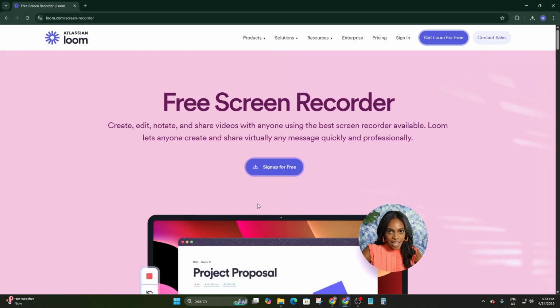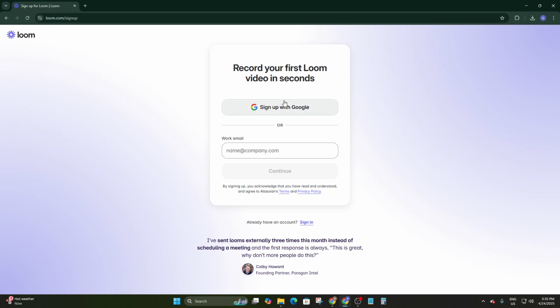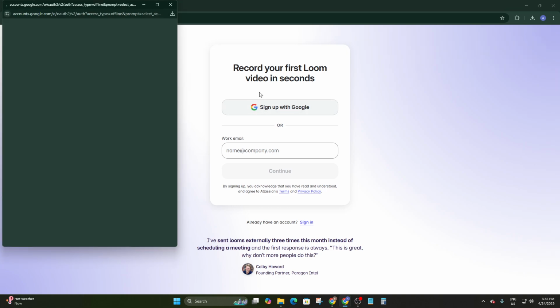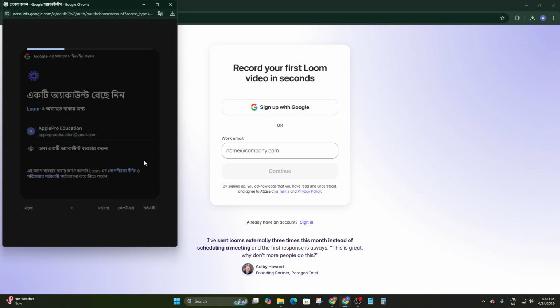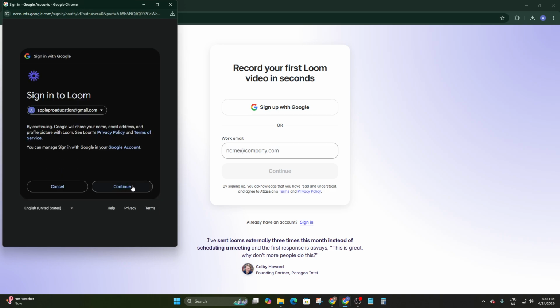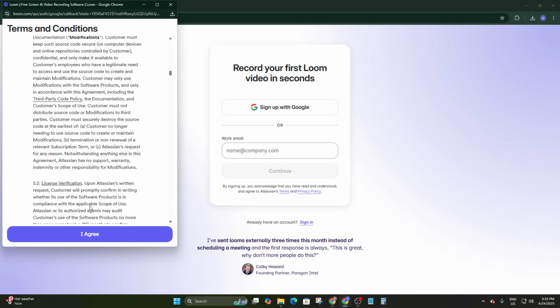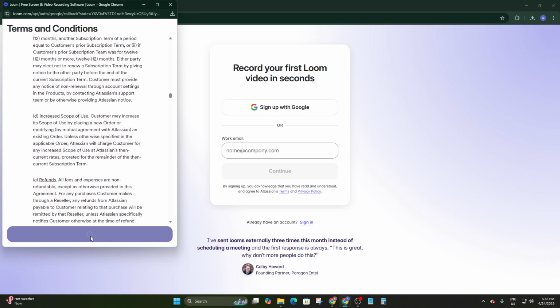So from here, first you have to sign up for a Loom account. Here you should click on Loom, or you can simply click on get Loom for free. So I'm going to click on it. For that you have to sign up for the Loom account. Now you can sign up with your Google account. Here simply click on Google account. Now select your Gmail and simply click on continue with that Gmail. Now you have to agree to their privacy policy. Now simply click on I agree,